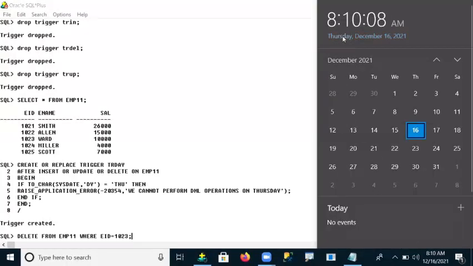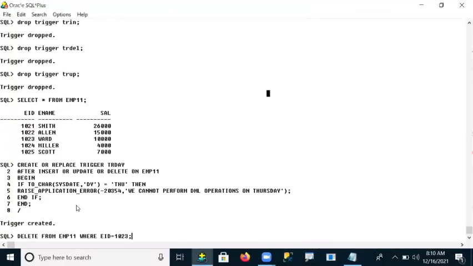Today in my computer, my date is December 16, 2021. What is my current date information?